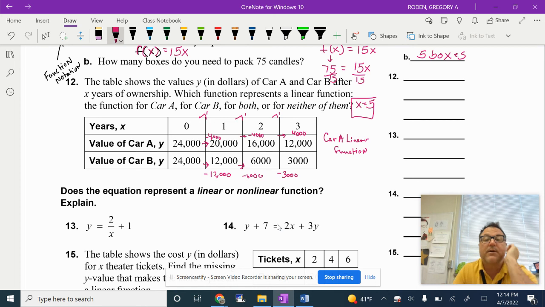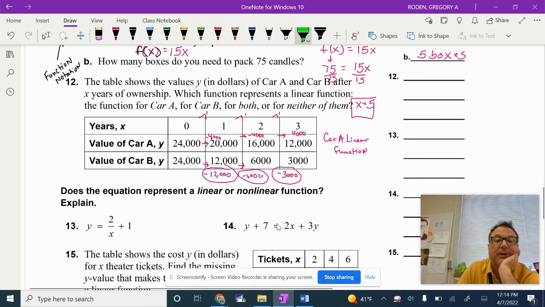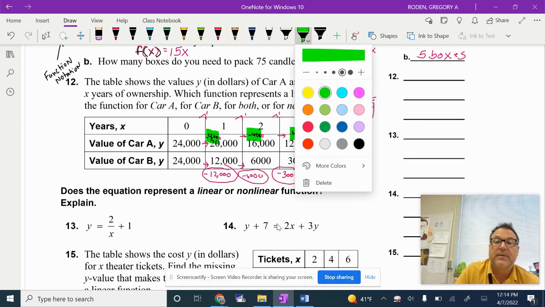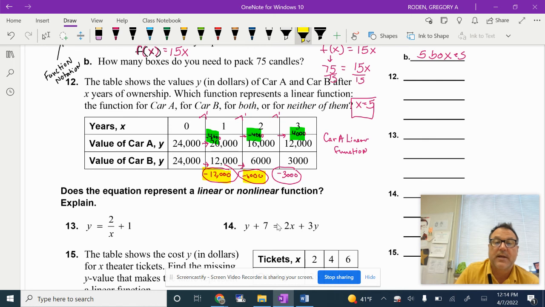Now, I want to ask you a question. Are these numbers all the same? Notice how in our linear function, 4,000, 4,000, and 4,000, all of those were the same number. Okay, are all of these numbers the same? Negative 12,000, negative 6,000, and negative 3,000? No, they're not the same. We have a 12,000, a 6,000, and a 3,000. It's okay that it's negative, but they're not the same number. So car B is nonlinear. That's the first time I think we've ever seen a nonlinear graph in this class. Car B is nonlinear